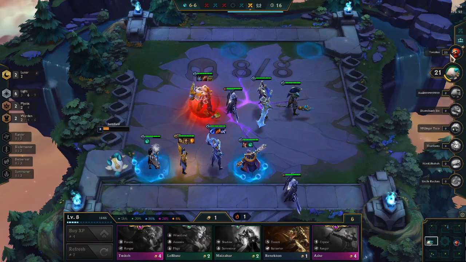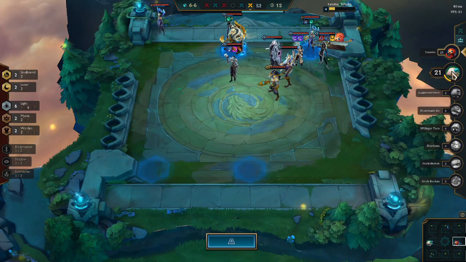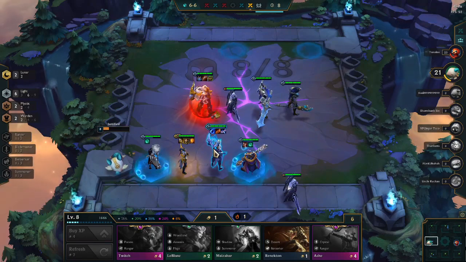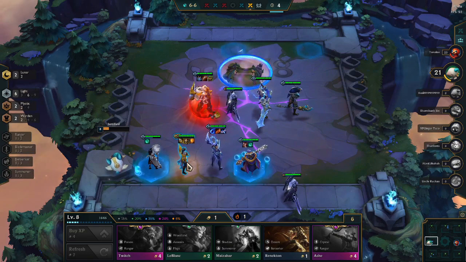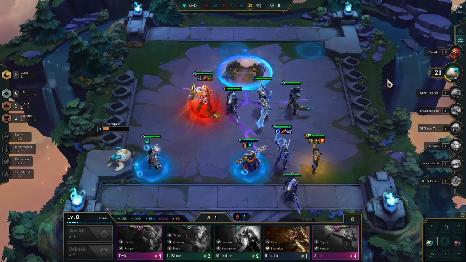Still don't get it. Still unfortunate. Basically at this point, this is a game of chicken. Wherever his Lucian is placed, we got to move our Vayne because we don't want our Vayne to get hit by the disarm. So we just gotta figure out what works best. So I moved at the last second,